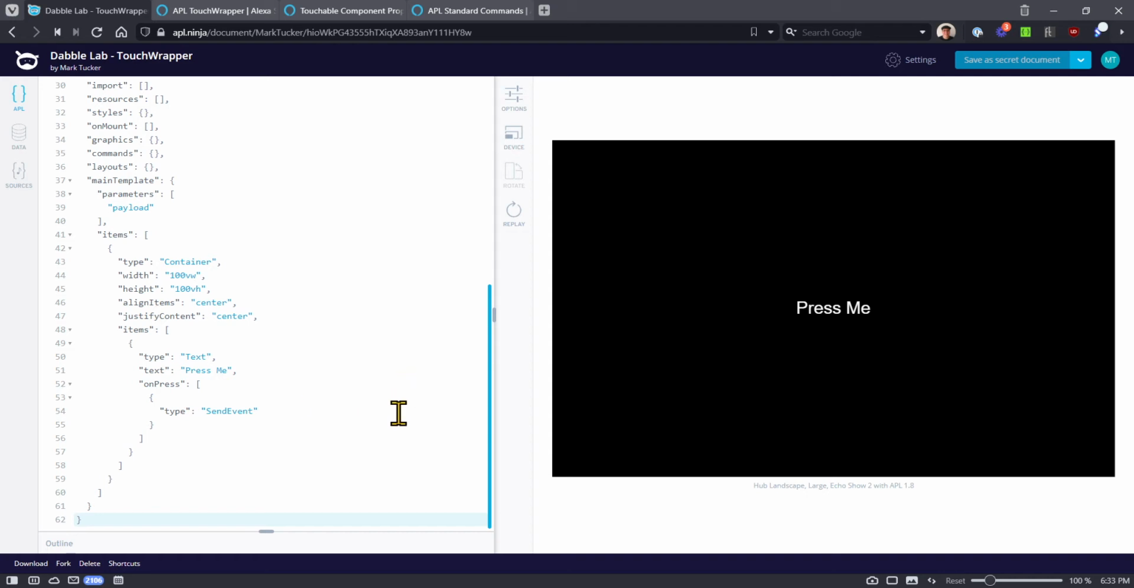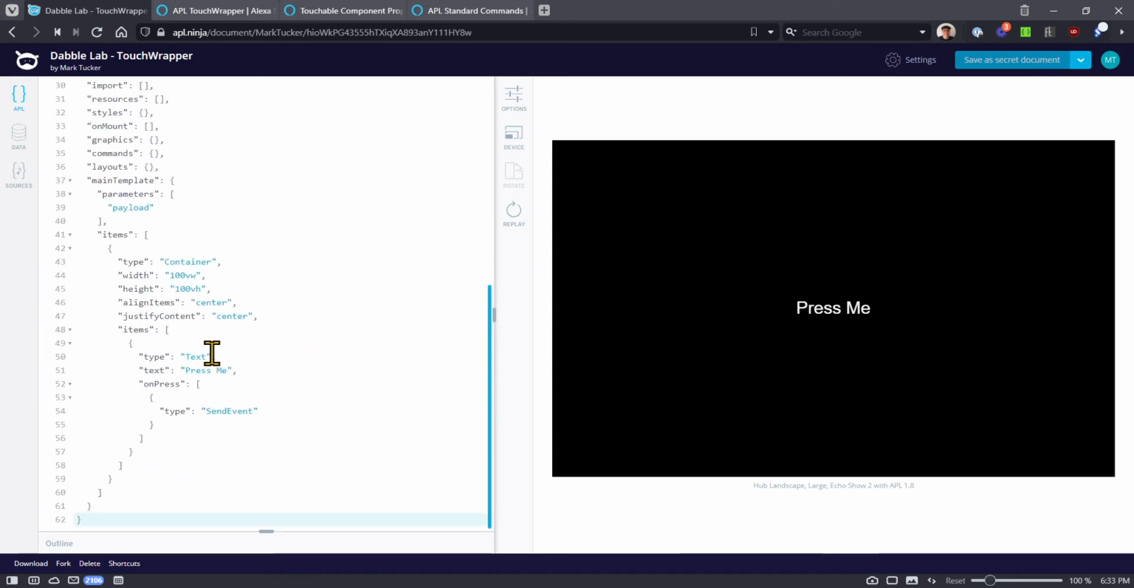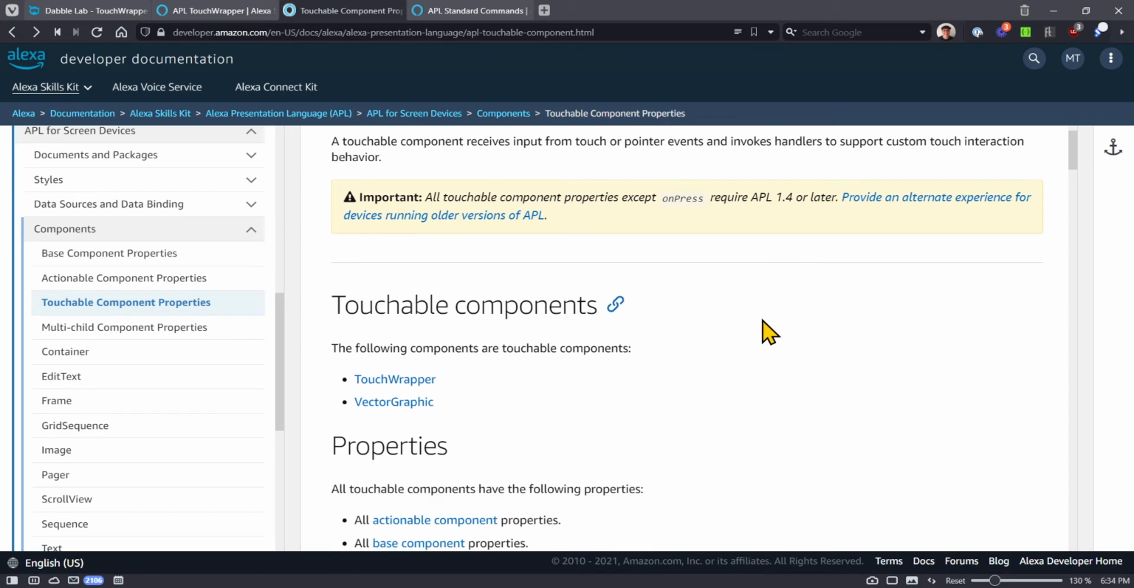But if you notice that we're clicking on this and there's no event happening, and if we go up here we can see an error saying that I shouldn't add an additional property onPress. What that means is that the text component itself doesn't support touch events. It's not touchable. So if we go over here to the Touchable Components documentation,